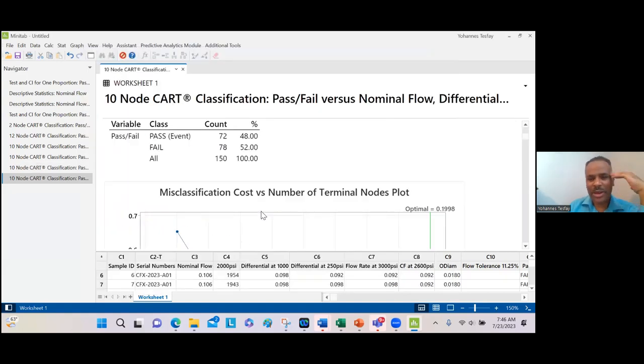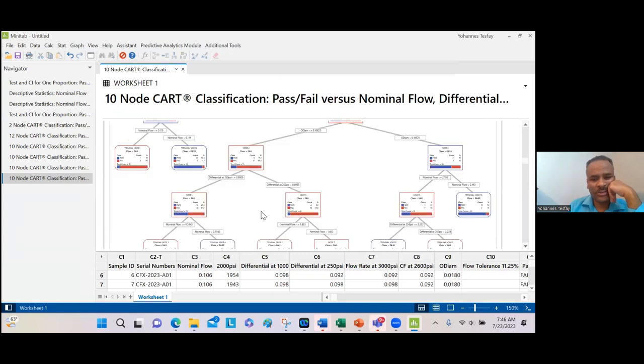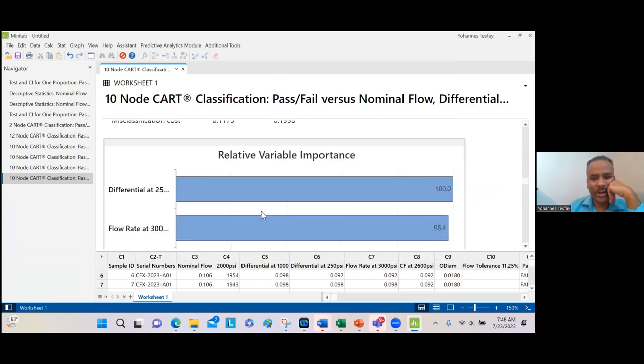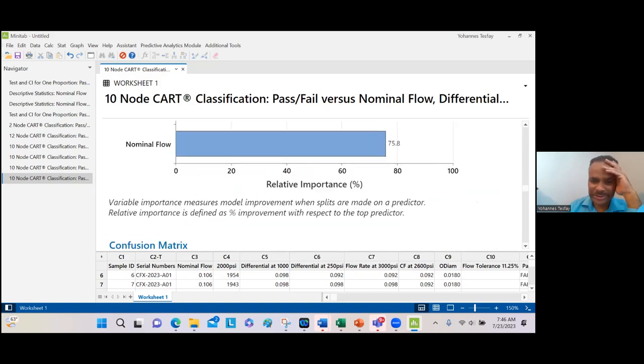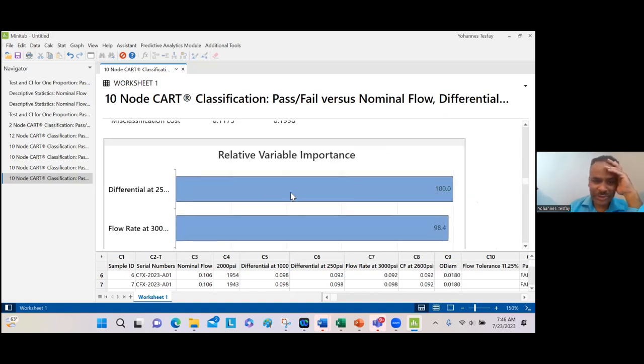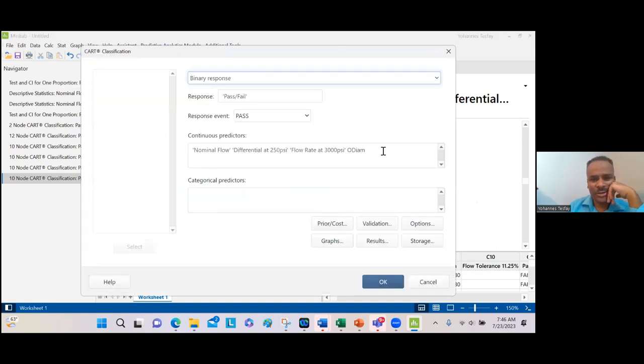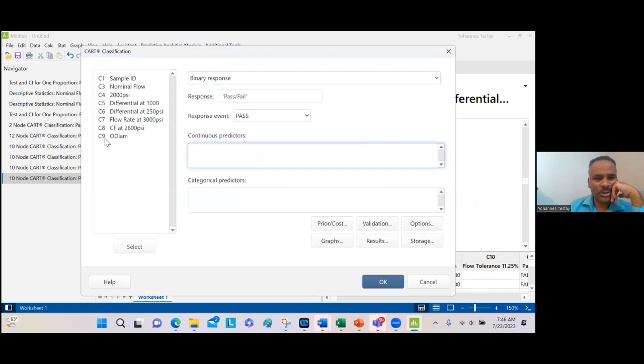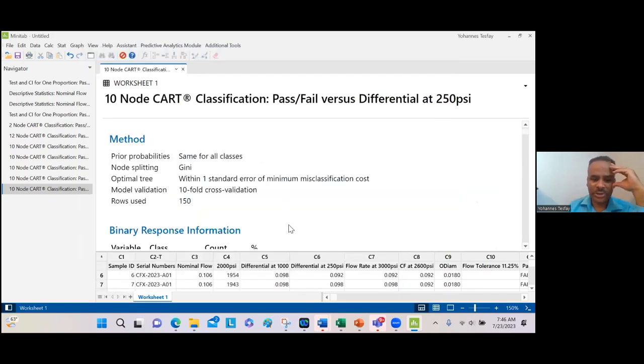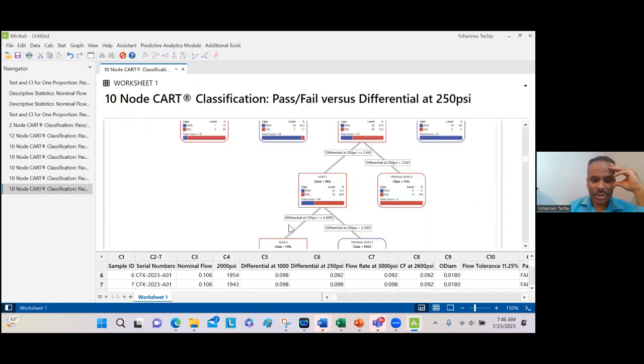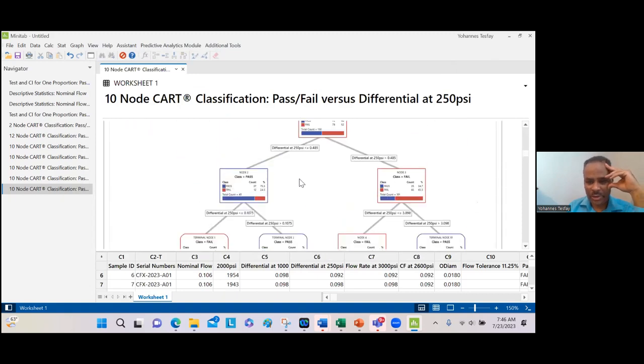So አሁንም የማየው የትኛውን ነው? ይህንን ነው የማየው ማለት ነው። You see, this is differential at 250 psi. That's going to be the third most important. The third most important differential at this. So I'm going to go here. I will take it them all, and I'm going to just put that, and I'm going to say okay. So okay, then I'm going to copy this,